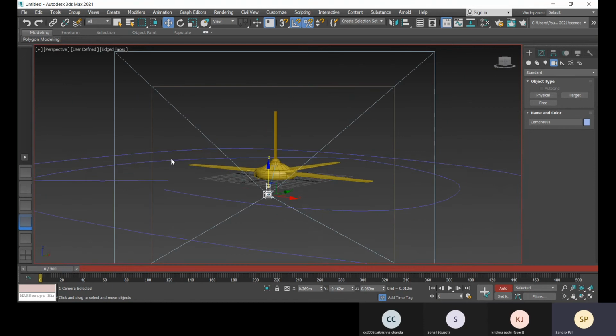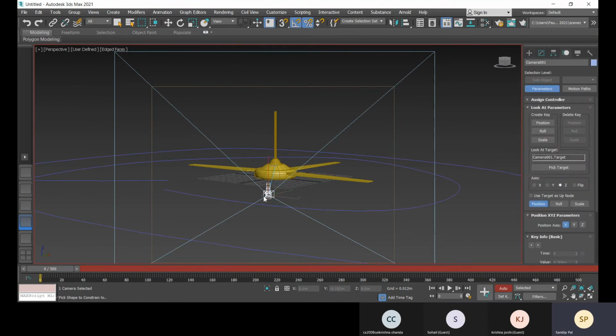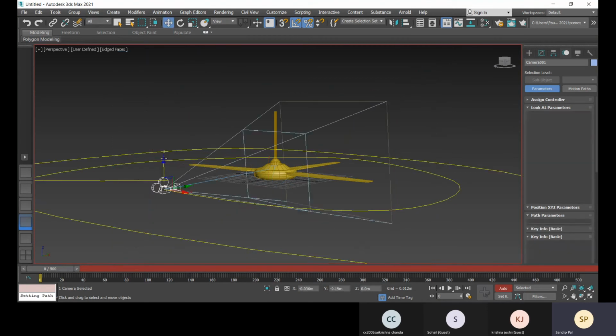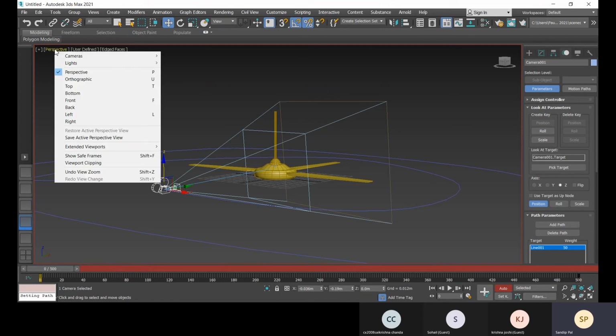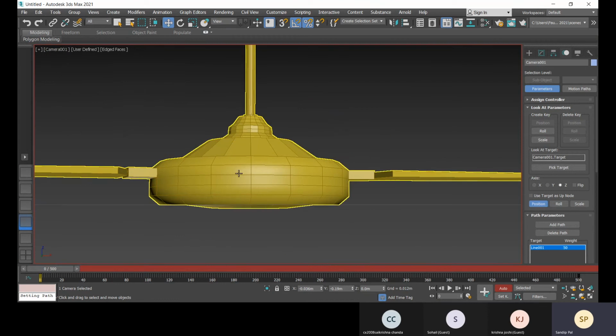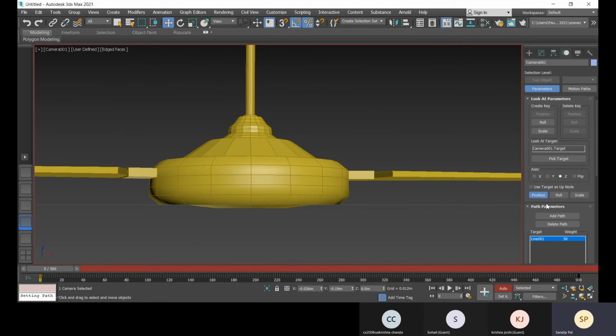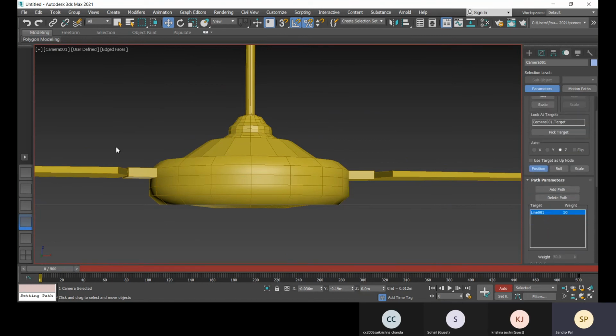And then what you have to do is go to this animation tab and then constraint. You have to make that camera a path constraint. That camera is selected, and then you go to animation and path constraint, and then select this path, and that is right now constraint. Now switch into camera view. See, for camera, or from here you can go to camera view, and now see this is too much, the zoom is too much.